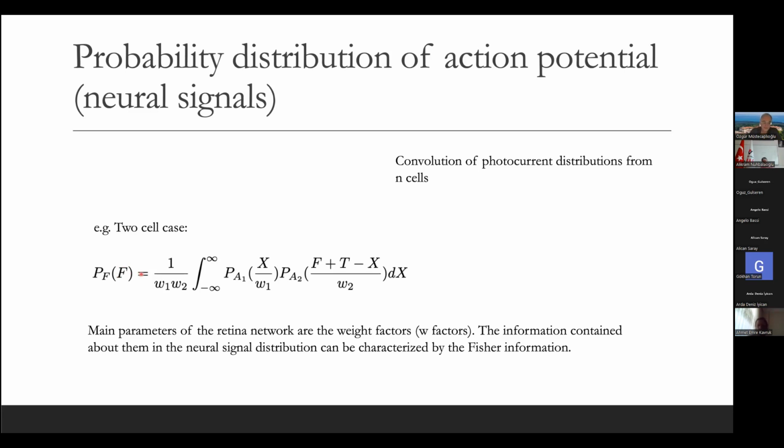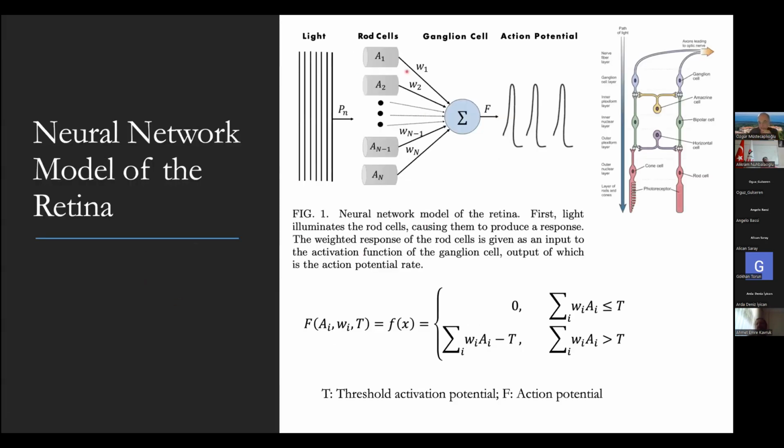Now the question is, if the action potential is a distribution, then did we lose any information on the network structure? Because at the end, if I'm going to investigate the brain signals, some optical responses and so on, and understand something about this complicated retina network, then these parameters, the transmittivities, are basically your possible degenerative diseases, or depending on your age, depending on your visual system problems, your transmittivities may be different than a normal person. By looking at the distribution of the action potential and the neural signals, and if you have a database of normal persons and compare it with your results,